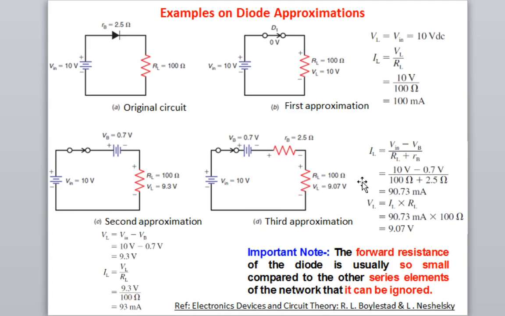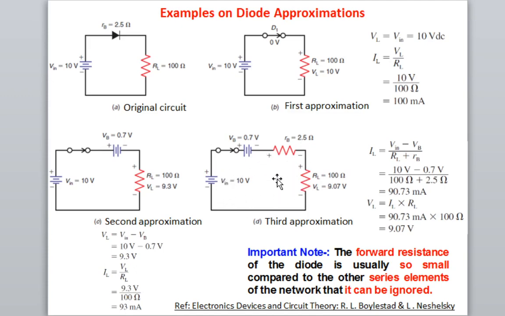So in order to determine the voltage drop across the load resistance RL, we must first know how much current is flowing through it. If we know the current IL, we can multiply IL into RL, and that will give the voltage. So in order to determine the IL current, let us assume that IL